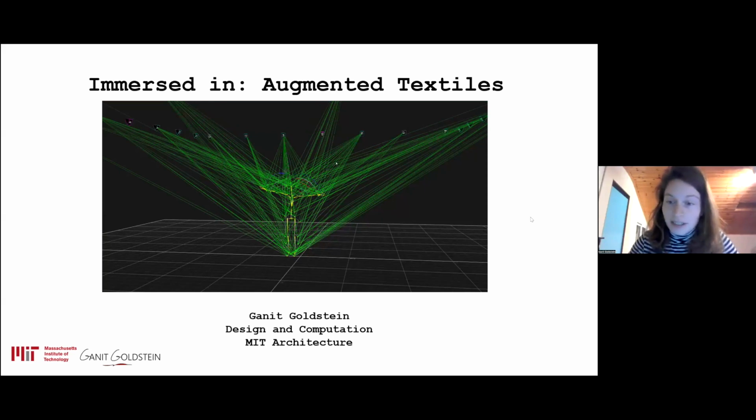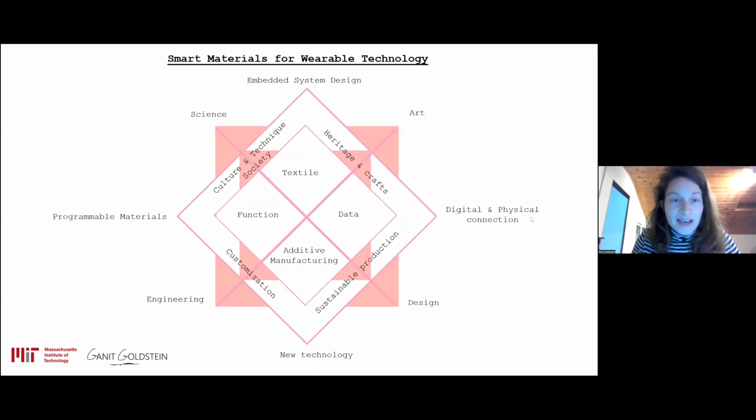I'm a graduate student in the architecture department, and my background is fashion and textile design. I studied a bachelor's degree in fashion and jewelry at the Bezalel Academy of Art and Design in Jerusalem, and then a master's degree in textile in the Soft Systems program at the Royal College of Art in London. In my work, I'm interested in the meaning of embedding new functions into wearables and finding new ways that digital and physical connections can be formed through the medium of 3D printing textiles. We will also discover what it means to 3D print textile and what the benefits are of using these additive manufacturing tools.